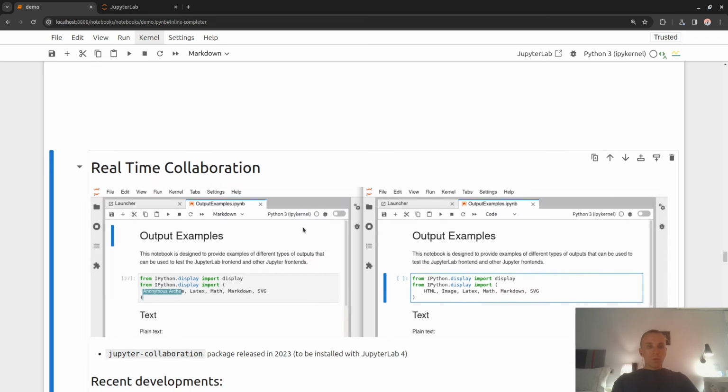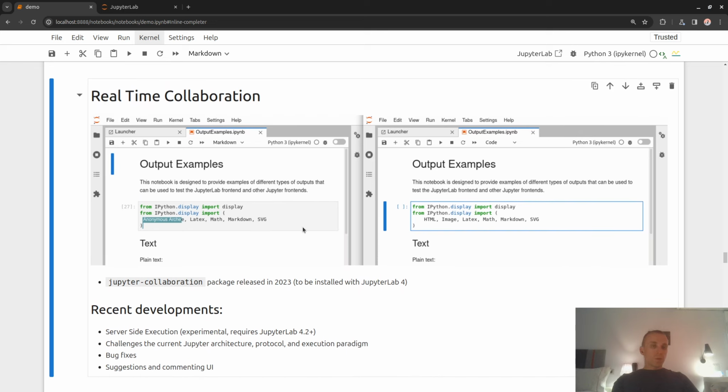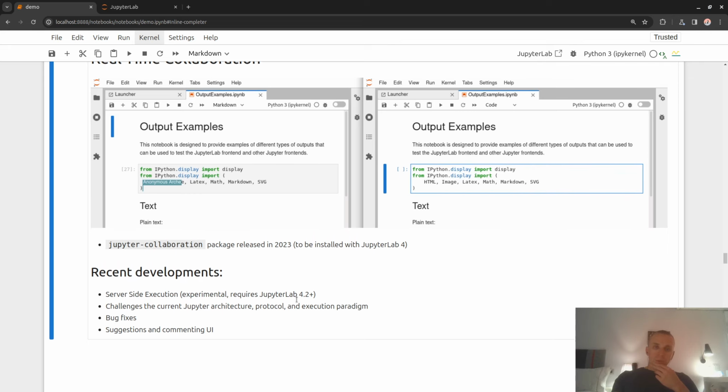So Jupyter real-time collaboration, that's the long form of RTC. If you look at this screencast, you can see that it's a little bit like having a Google Doc, but for notebooks. And currently it's packaged and distributed via this jupyter-collaboration package, and it was initially released in 2023, almost at the same time as the JupyterLab 4.0 release. And the recent developments on this project